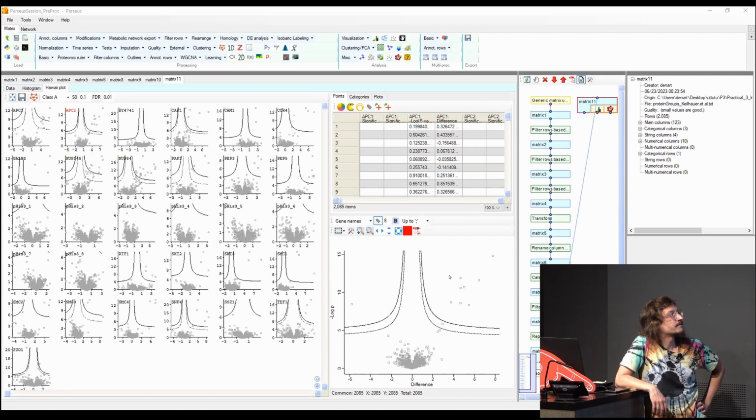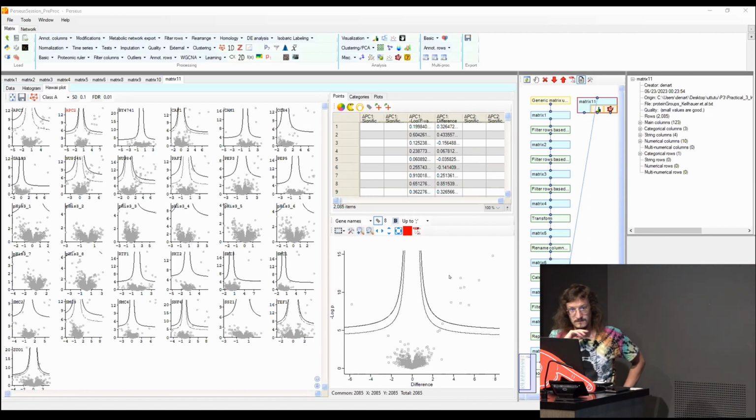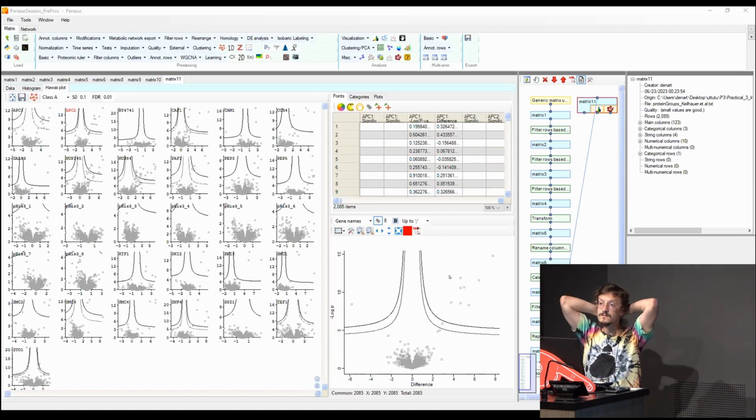I think it doesn't look quite as good, because the way we calculate the q-value is a little bit discrete. Many of the very significant ones are then zero, really zero. And if you log them, they would be undefined, or you would have to use some minimal threshold for those. So first of all, as Carlo said, they become a little bit squeezed, but also they're not so pretty because of this discretization of the q-value.